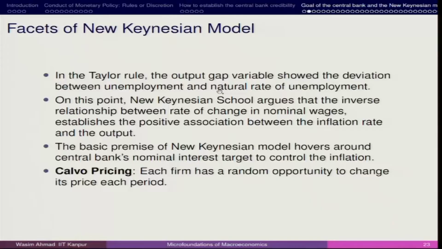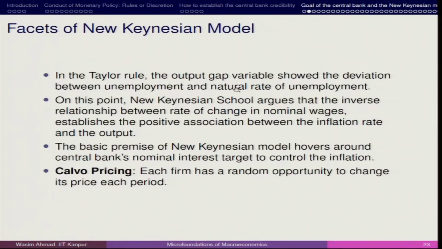If you have the nominal wages higher, which means that more and more people are looking for a job, then the percentage increase in the nominal wages will lead to a reduction in unemployment. If you have less of nominal wages, then your unemployment will also increase. But this change that you have in unemployment, we are counting with the deviations from the natural rate of unemployment. This deviation simply shows the relationship between your inflation rate and the output.